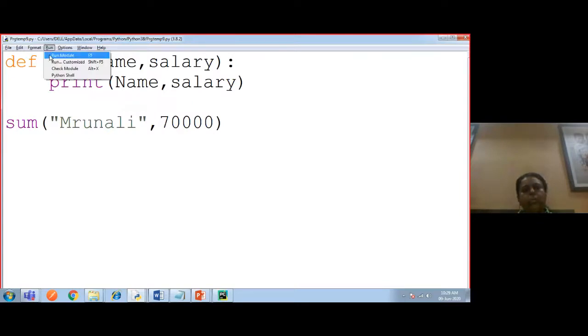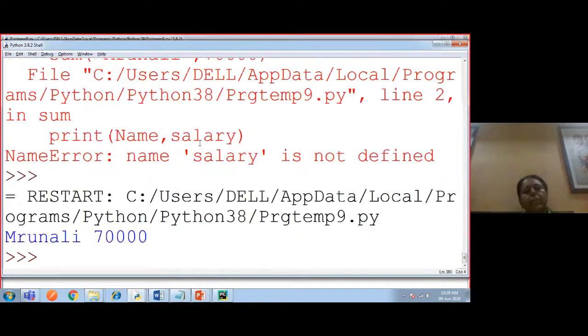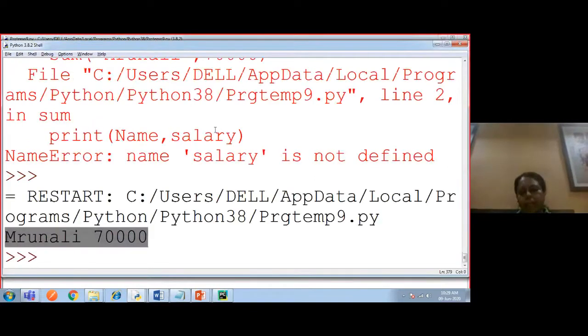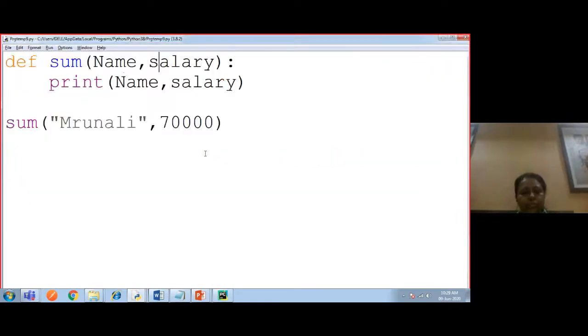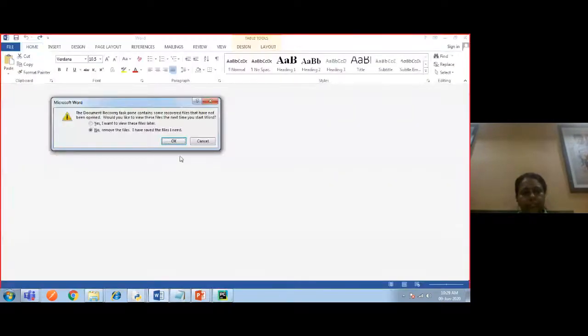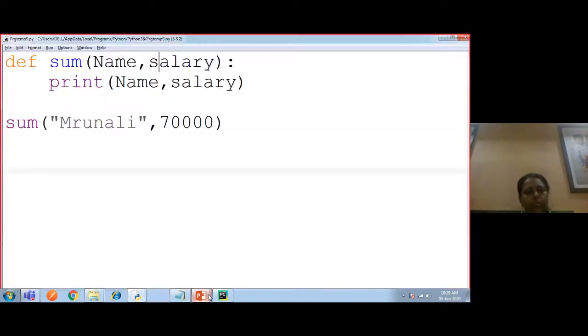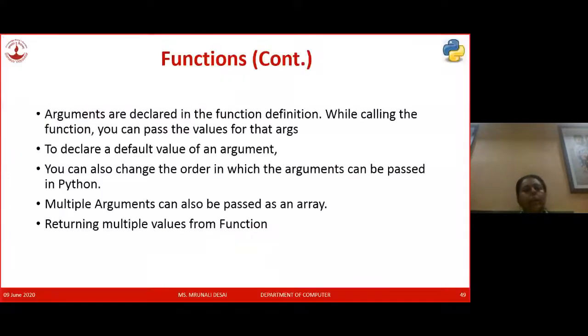Fine. So it is showing me the first parameter is of string type and the second is of integer type, so it is taking different kinds of variables. Fine. So we have done how to declare a default value of an argument. Fine. Now next is,